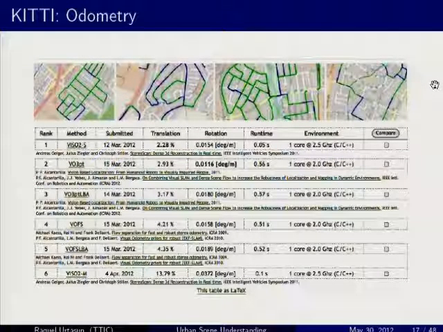We also have visual odometry. The initial benchmark has 40 kilometers. We are not focusing on loop closures, so this is not a SLAM-based kind of thing. This is more to evaluate odometry. The interesting thing here was to come up with a metric that doesn't prefer certain methods over others. So what we did is average the errors, separated into translation and rotation errors, over paths of different lengths. One of the problems here is that you commit a little mistake at the beginning, and if you just look at the endpoint, it's going to be very far, but that doesn't tell you anything about how good your method is.